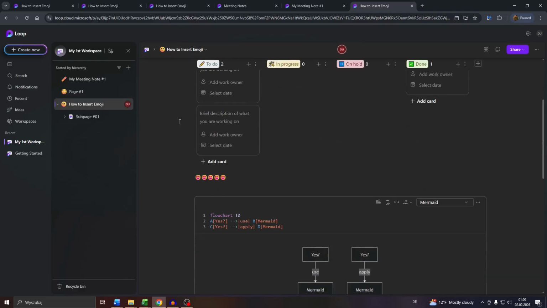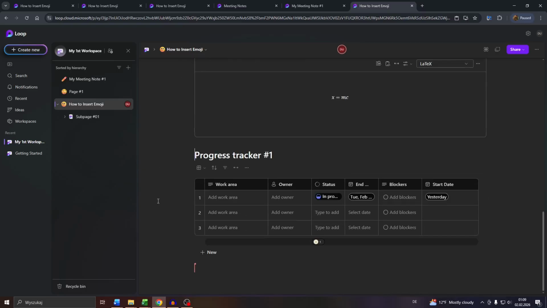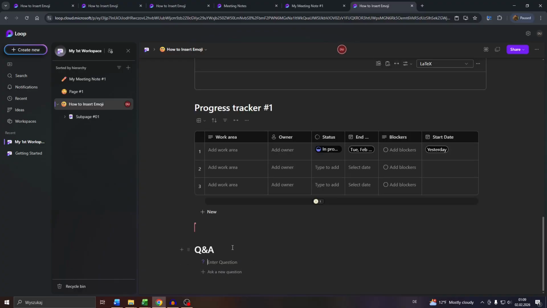Navigate to your page inside your workspace here on Microsoft Loop. Scroll to the very bottom, start a new command, press enter to get to the next line and enter the command /Q&A, or Q is Q&A here. Select Q&A session, and after that enter your question, like for example your